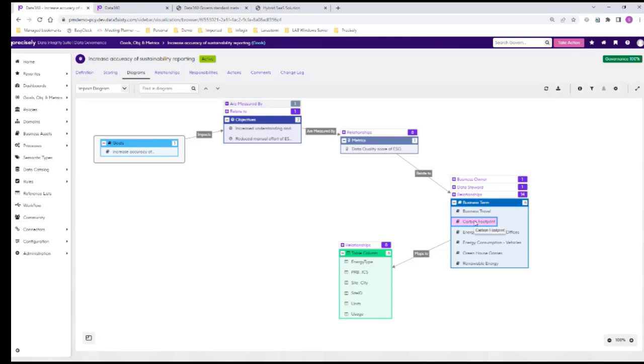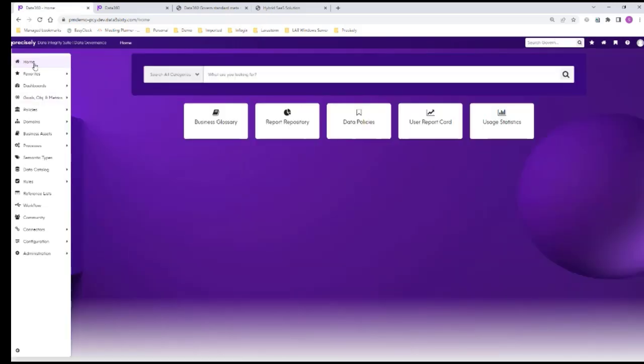And in this case, my carbon footprint is going to be the asset that I want to focus on, to help understand what technical assets drive it and how I can improve the accuracy of them via this method that we've come through here. We're able to navigate down to our business term. So that's one approach, navigating through our goals and trying to understand the assets that drive our goals, our objectives, and our metrics. The second approach that I want to show here is being able to come into the home